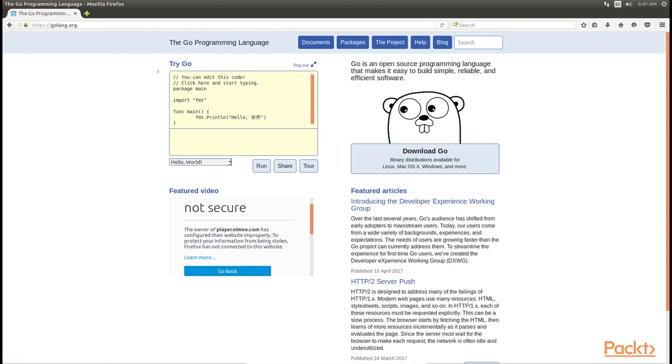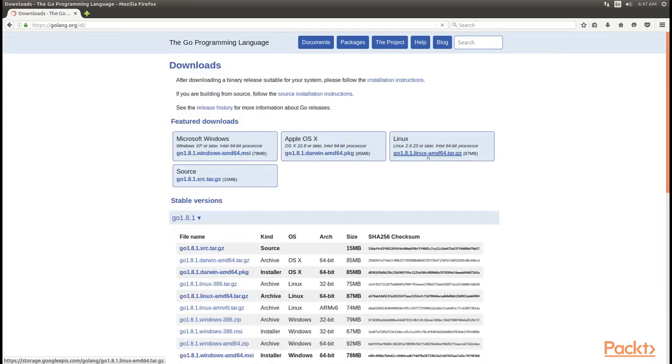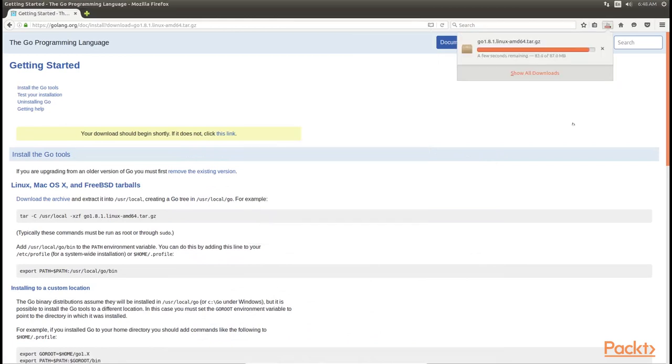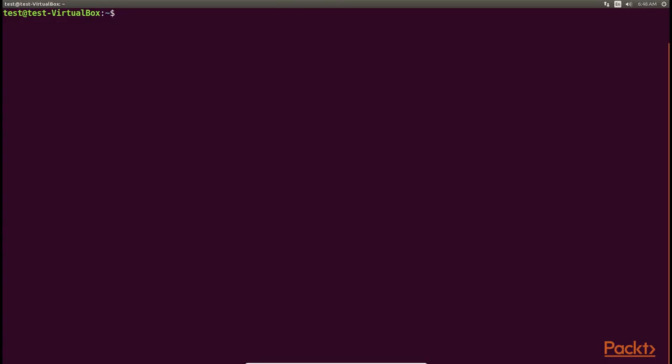After entering https://golang.org, click the Download Go button, which you'll usually find on the right. Some featured downloads options are available for each distribution, so let's download for Linux. Select the Linux distribution to download the latest stable version. At the same web link, you can also download beta versions of the language. Cool, it's done. Since we have saved the tar.gz file in the Downloads folder, let's extract it and move it